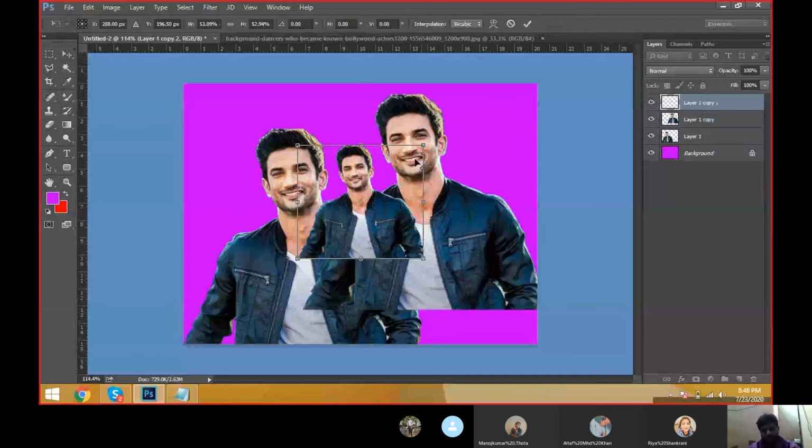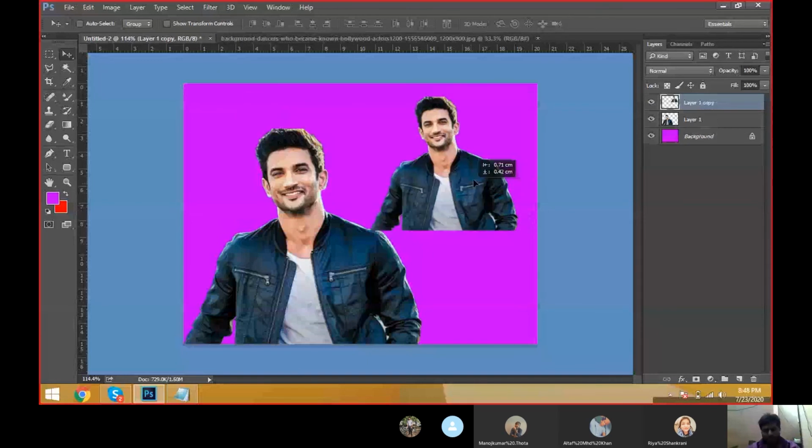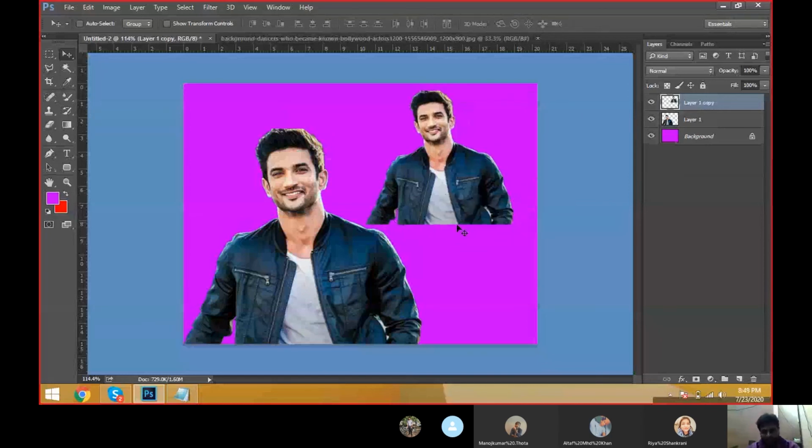Okay, I just select this layer and delete the layer. I need only this one. If I keep it like this, is it okay to look? Is it looking okay? It is looking very odd at the edge. Why? Because it is a cut of the image. It has a cross cut of the image. That's why we have to erase it.